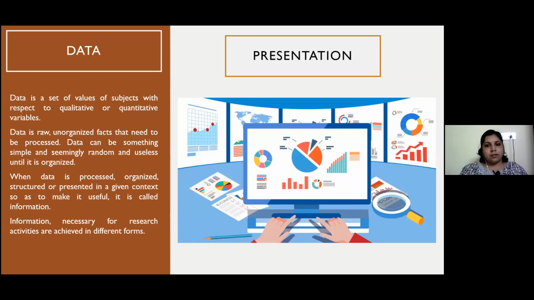Next slide. On this slide you can see presentation. There are many different types of presentation commonly used. We have pie diagrams, bar diagrams, donut charts, frequency charts. Many types of charts are there: line charts, arrow charts, geographical charts, chronological charts. Several different types of charts are available now, and new charts are also evolving. Every year we can see a set of new types of data being presented in a new type of chart.